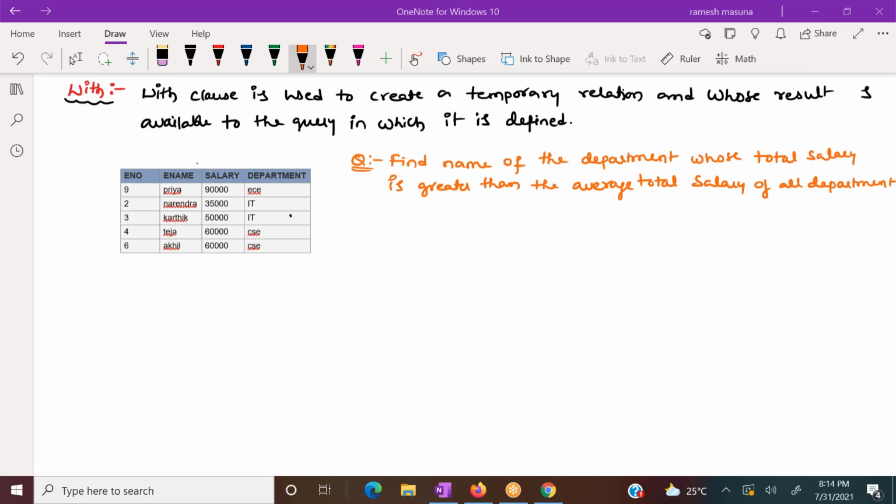Okay, let me explain. First, I will explain you the question. What is the question? Find name of the departments. Here in this table, we do have three departments: ECE, IT, and CSE. So it is asking you to find name of the department whose total salary